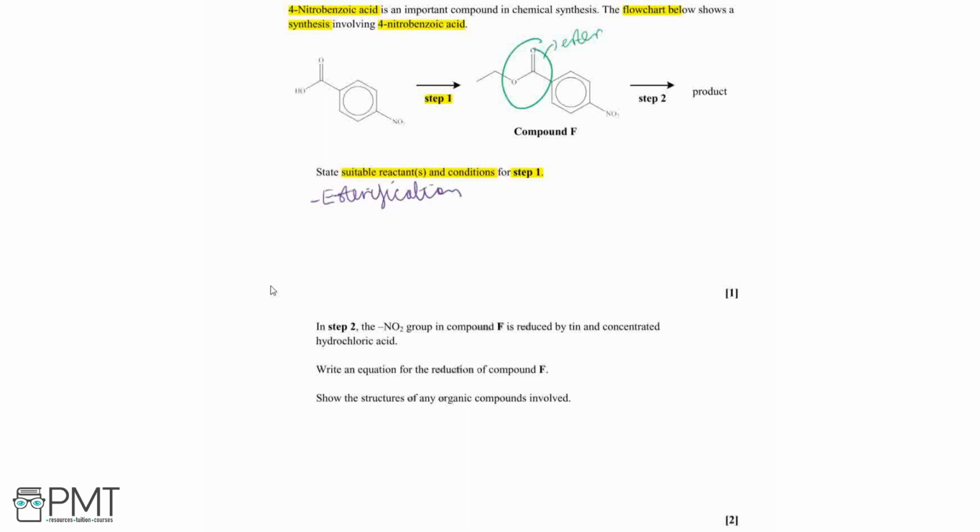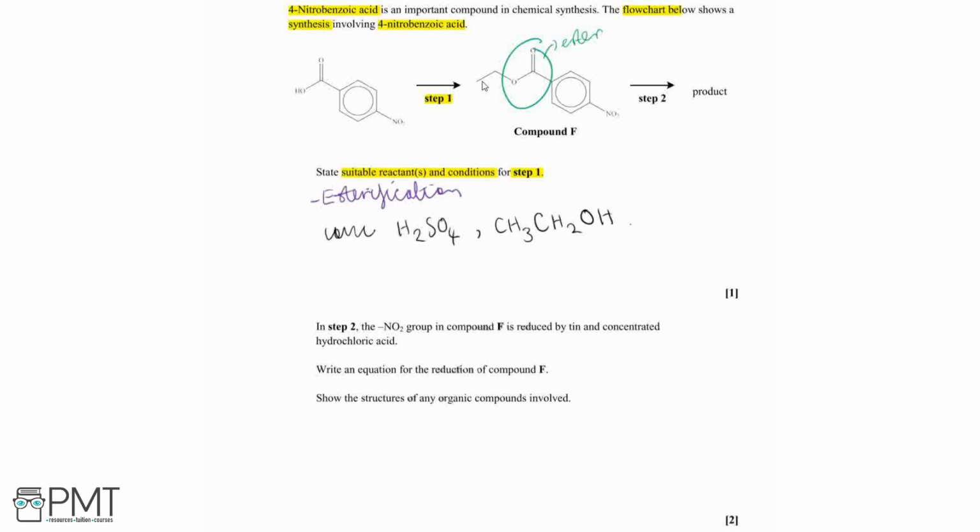And for this esterification reaction, we're going to need some concentrated sulfuric acid, and that's acting as both a catalyst and a dehydrating agent. And we're going to need an alcohol in order to react with this carboxylic acid group, and the alcohol we need is derived from this section, so we've got 2 carbons, therefore we're going to need ethanol, which has got the structural formula